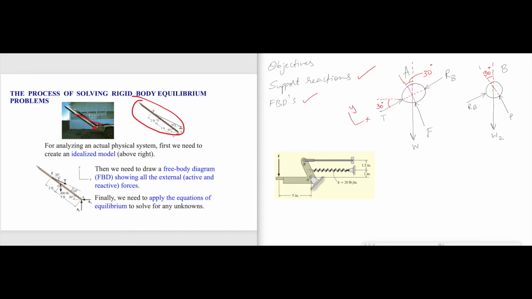An important concept here is the pin joint at A is represented by two forces. The reason is that at A, the pin joint prevents the platform from moving in the X and in the Y. It prevents translation along X or translation along Y. But it allows free rotation. Hence, we don't have a moment reaction,